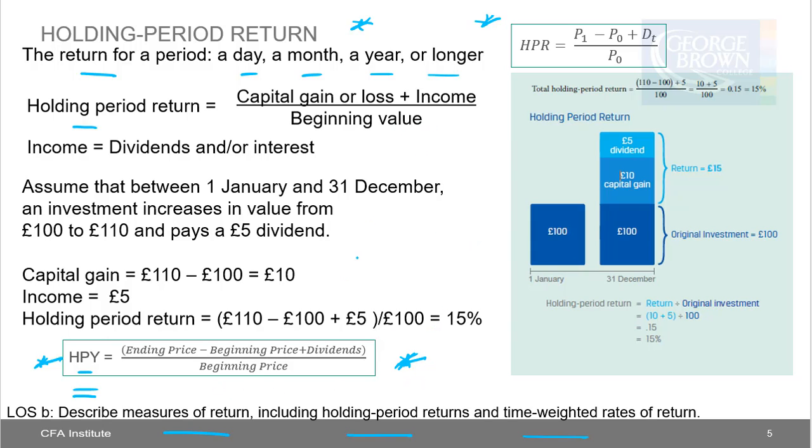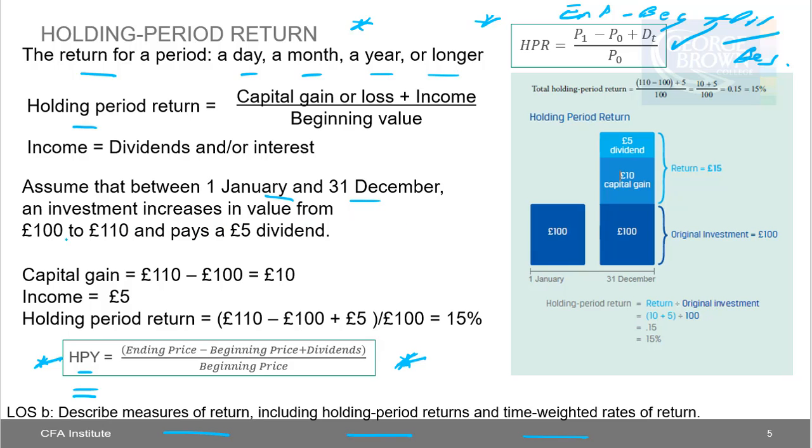But you can see there's different language: capital gain or loss plus the income, ending price, beginning price, dividends. That's why I believe that understanding the algebraic formula, just summarizing it down to ending minus beginning plus dividend divided by beginning, and you're good to go. Okay, so anyhow, the example in the text is, assume that between 1st of January and 31st December,